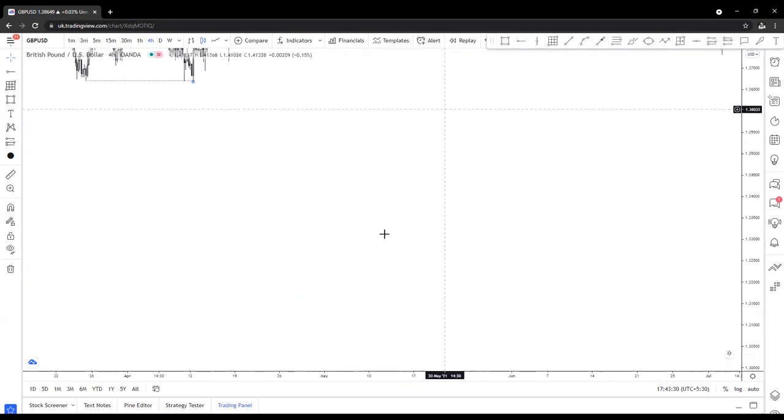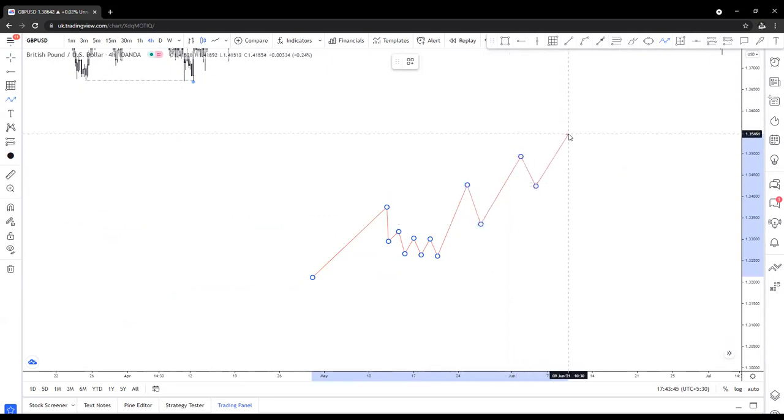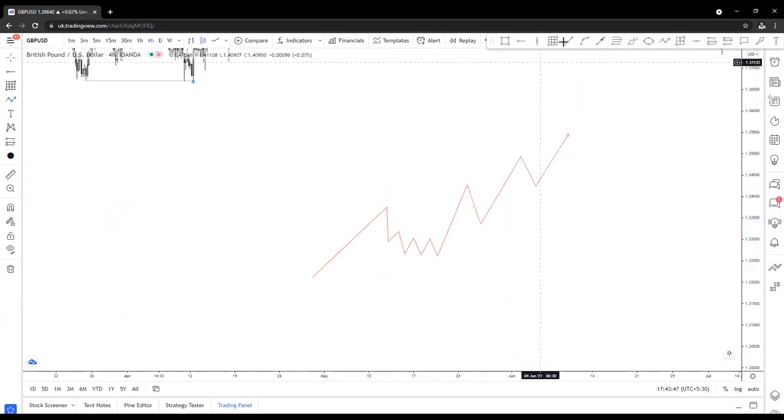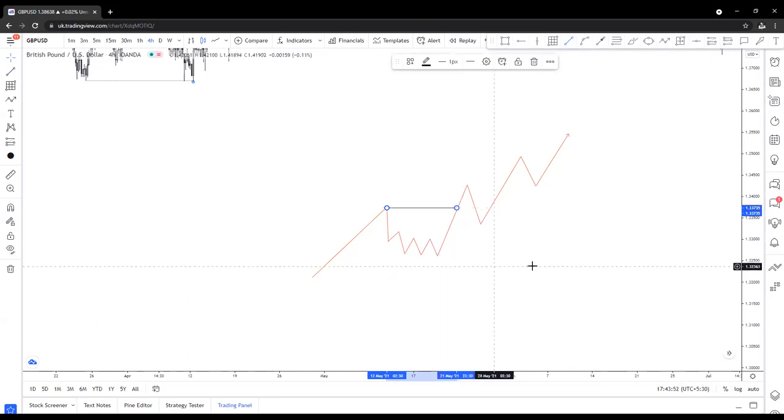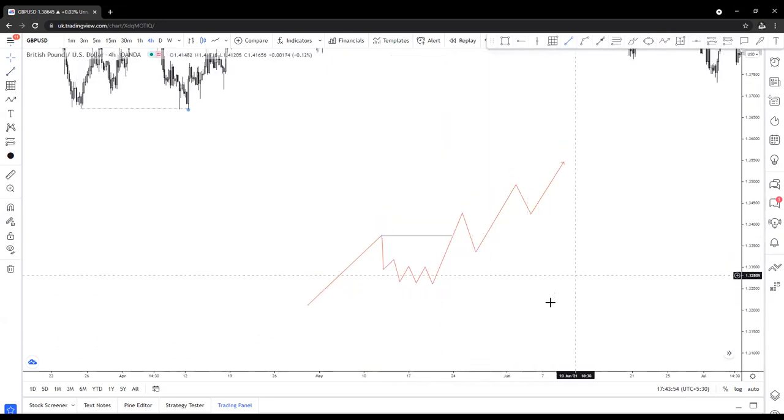say this is what happened, because price does not move that perfectly. So this is what it would do. We had a break of structure right here. And then I told you,